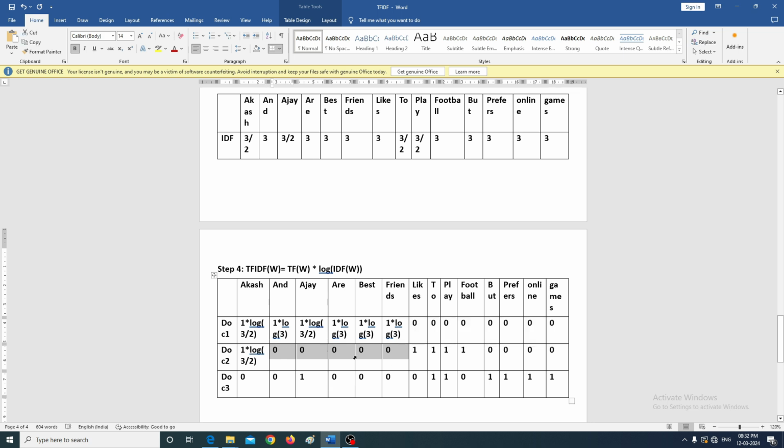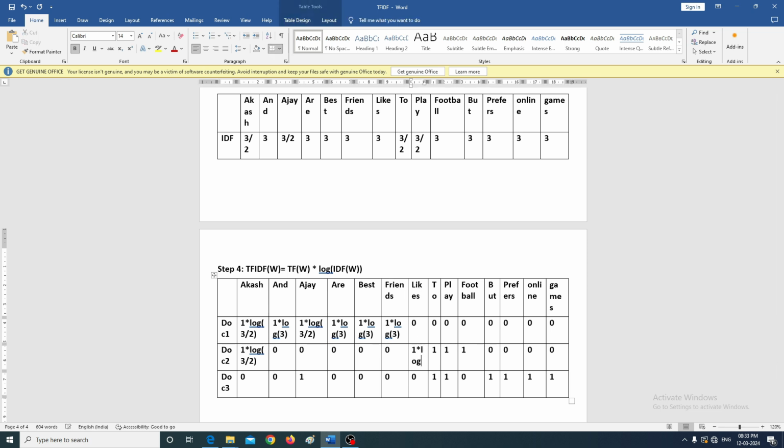I am not going to calculate TF IDF of these words. Coming to the likes word, 1 is the term frequency of this word in document 3. Now I am going to calculate the TF IDF for this likes word in document 2. Here this is the term frequency, 1 into